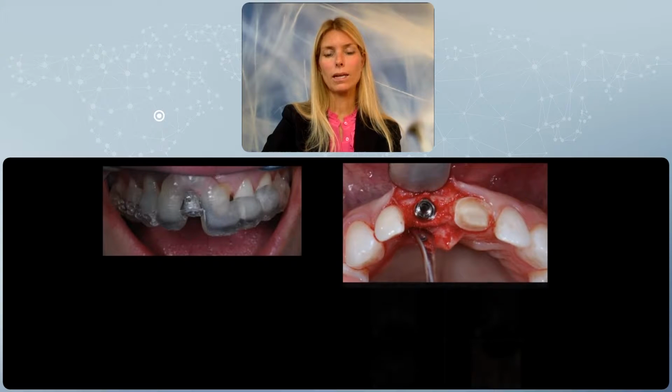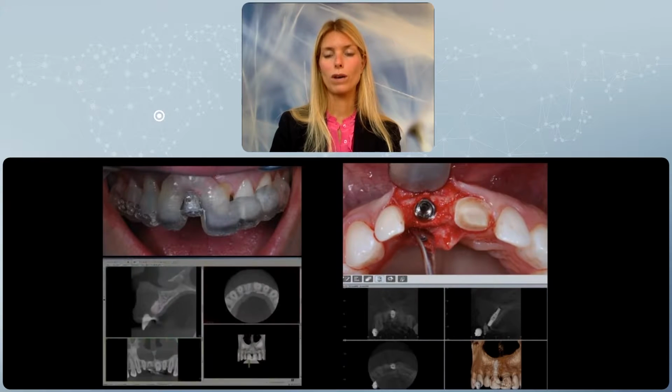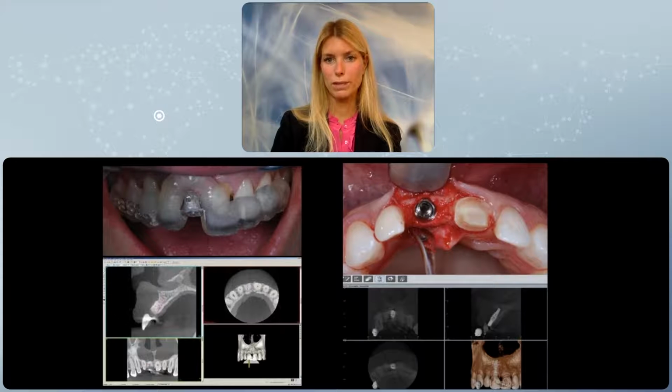So by applying a simple, easy technique of correct positioning of the implant, now this was a guided surgery, but in fact it's not necessary for a single central incisor. However, I would always advocate pre-prosthetic planning, and even nowadays we position even single implants with a surgical stent at least. Because even a fraction of a millimeter, this is what I was taught many years ago, even a fraction of a millimeter of difference in a distal or mesial or buccal or palatal direction